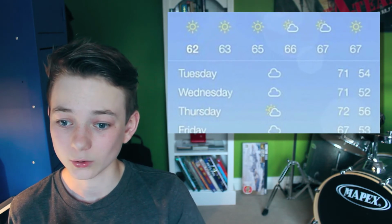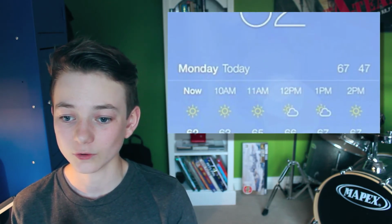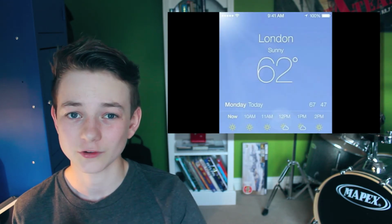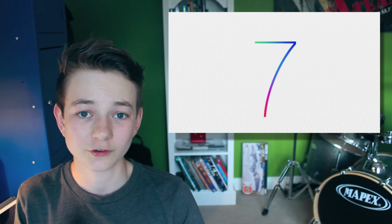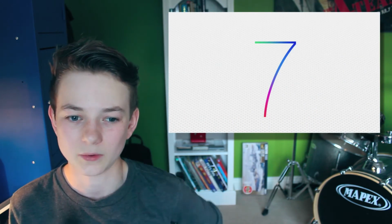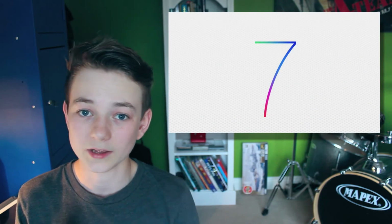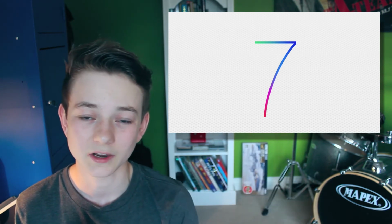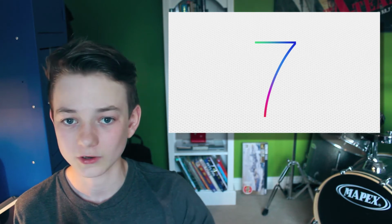But yeah, that looks really cool, and I guess that's because of the collaboration between Apple and Pixar, because they are linked somehow, and I can't remember how. The animations are pretty awesome, and that sort of animation applies to quite a lot of things on iOS 7 now. I don't know what, but the transitions in between, unlocking the devices and going into apps and closing apps and stuff,